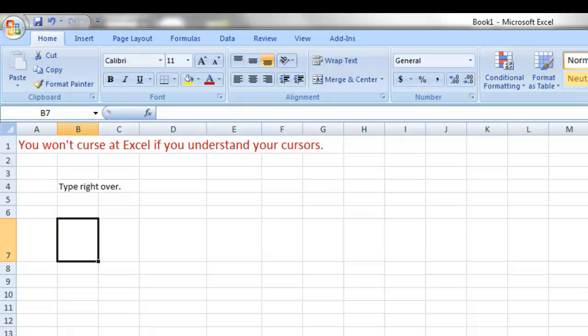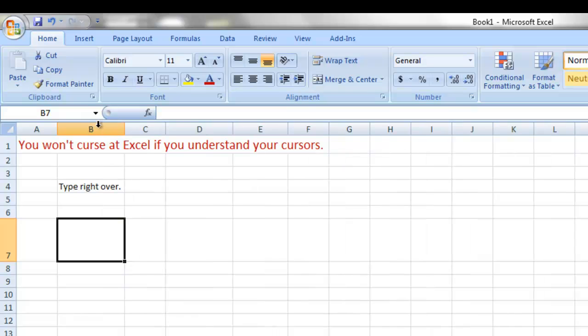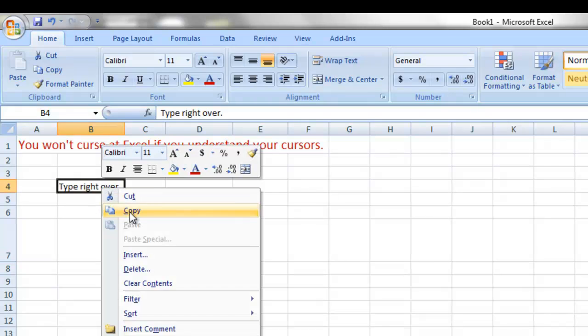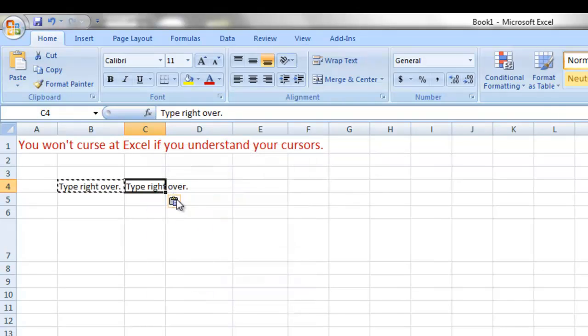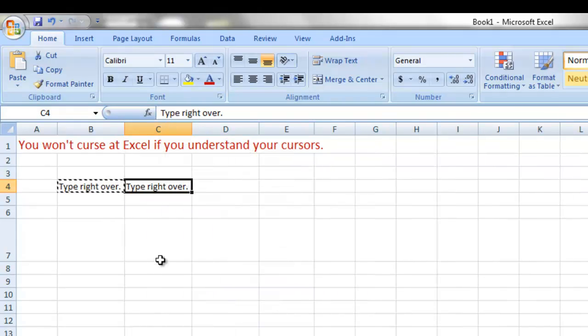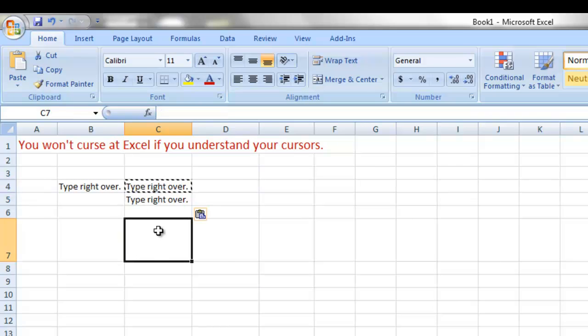Now what if you don't want to replace the destination cells? You don't want to replace the contents. You want to actually just copy something that's in one cell over into other cells. There's multiple ways to copy, and I'm actually going to expand the length of column B. You can right-click copy, right-click paste. You can Control C, Control V, or you can